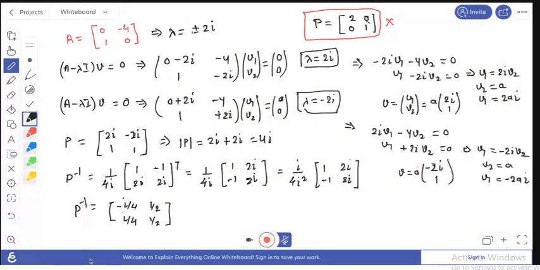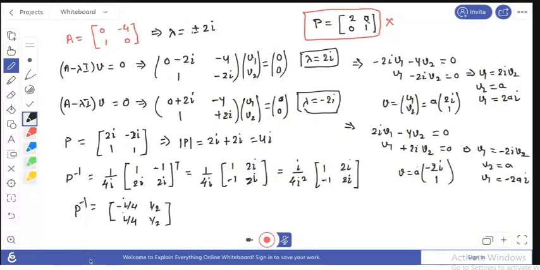So this becomes 2 minus sin x times v2 equals 0. This implies v2 equals 0. So here v1 can be any a, so in that sense your arbitrary eigenvector is a times